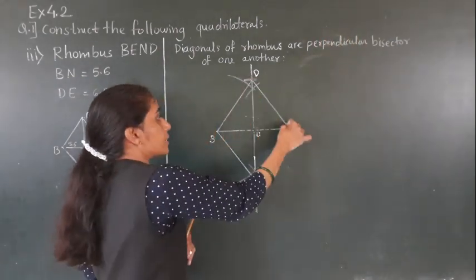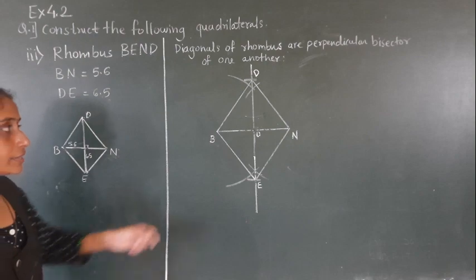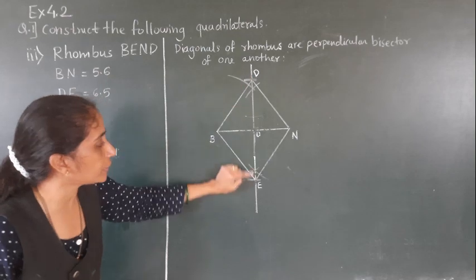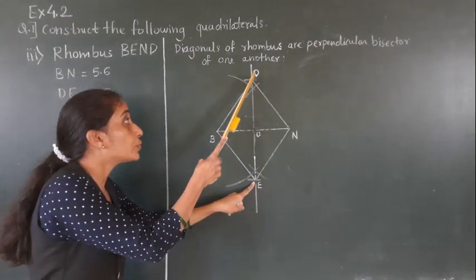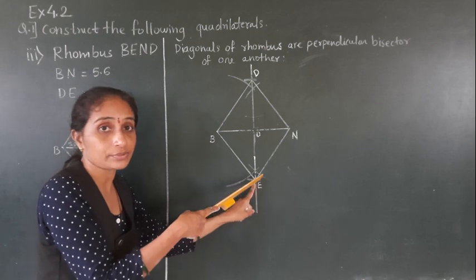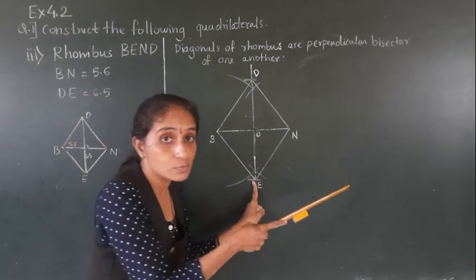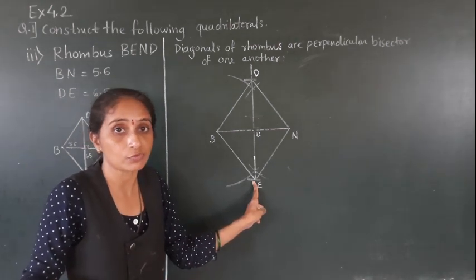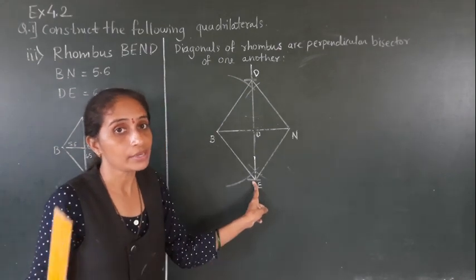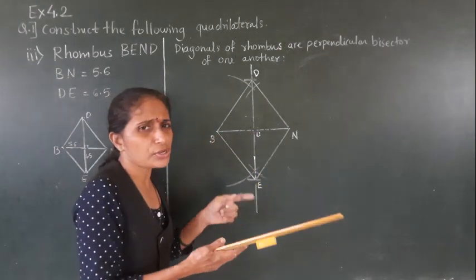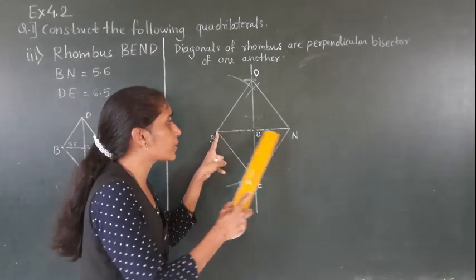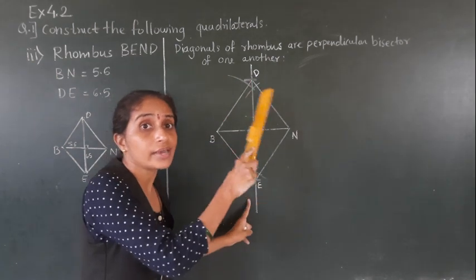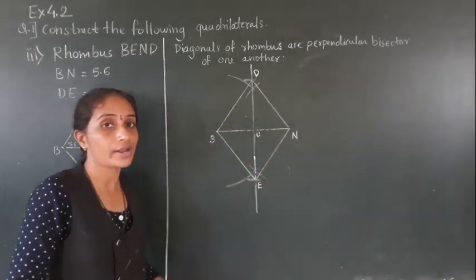And the sides of a rhombus are of equal length. If you see, D to E measurement is 6.5. To get this measurement 6.5, what should we do? We have to divide by 2 because diagonals bisect each other. Bisect means 2 equal parts, so for that we should divide by 2. And for this, no need to divide by 2. If we bisect, we get this line segment, and on this line segment, where this exact point will come, for that we have to divide by